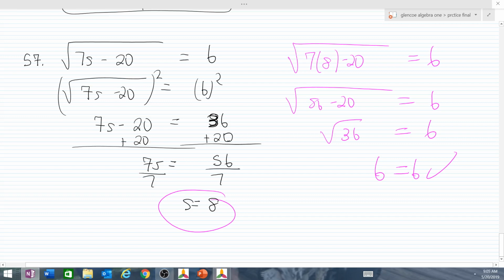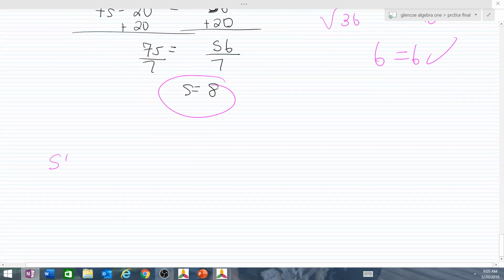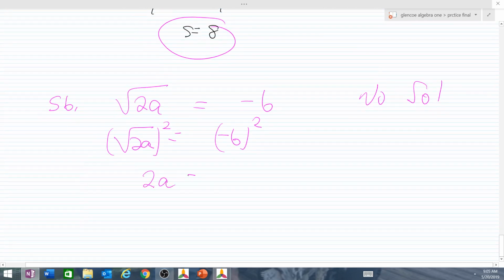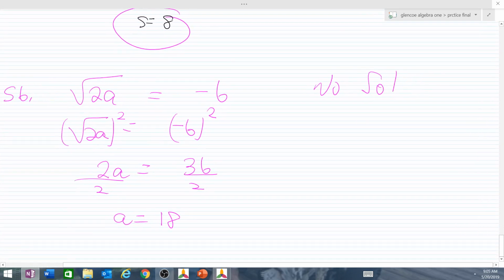The reason number 56 is a no solution is because when you have anything under a radical that equals a negative number, your answer is always a no solution. And let me show you why, so you don't miss it on the exam. So this would be 2a equals 36. Divide by 2, and you get a equals 18. So a lot of you are just going to go right ahead and put choice C. That's an incorrect answer, because when you go to check your work,